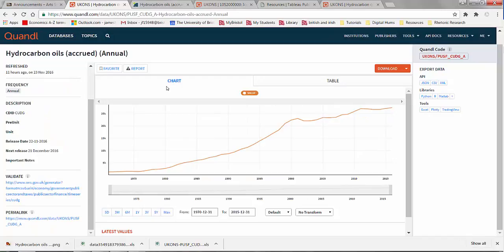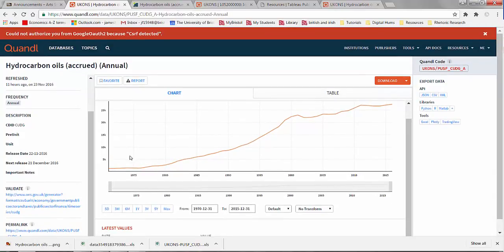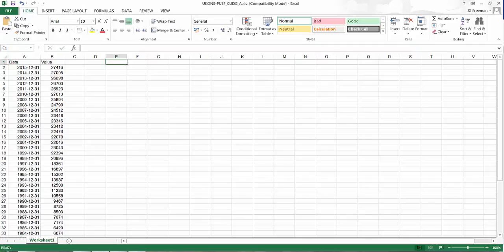Now, the one that I've been using is actually hydrocarbon oils, which sounds a bit boring, but I want you to focus on what we're doing with the time chart, not necessarily straight away on what this actually means. So I've chosen something a bit unusual, and what it effectively is, is a measure of hydrocarbons or oil, so kind of petrol, crude oil for aircraft fuel or diesel. So basically it's a measure of kind of how much of that has been extracted or brought in and used by the UK. Okay, so all I did was click download and I got it into Excel, and it